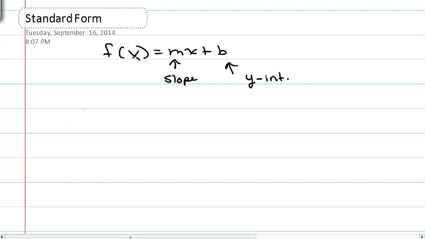And the other form that you should know is the point slope form, so that's y minus y1 equals m times the quantity x minus x1. M is still the slope, so these m's are exactly the same. The m in this equation and the m in this equation, they're both exactly the same number, and this passes through